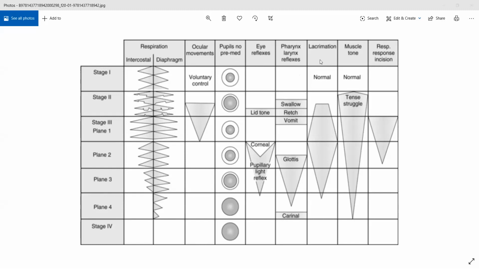Lacrimation will go down, muscle tone goes down. You do not want very reactive muscle tone during surgery. If there is that, you will not be able to perform surgery. Every time you try to cut a patient, their muscles will twitch and you'll cut in places that you do not want to. You do not want to nick nerves. It can lead to paralysis or paresthesia of that organ. So the lesser muscle tone you have, the better, at least to a certain extent. You do not want complete loss of tonicity, but some tone will be there.